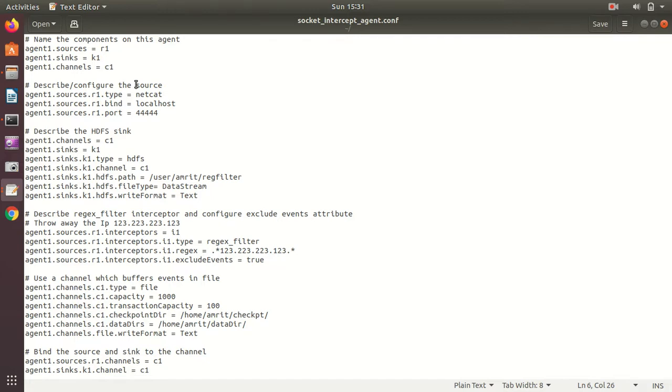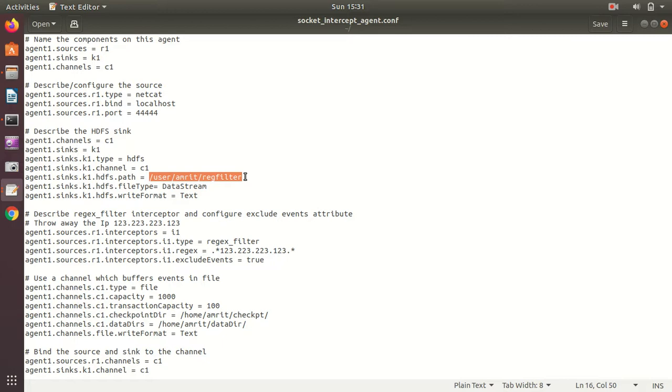If I talk about the sink, in this case the sink is HDFS, and this is the path I'll be using for this. It is the HDFS path which I have to create in the home location of my Hadoop. Why is it important?